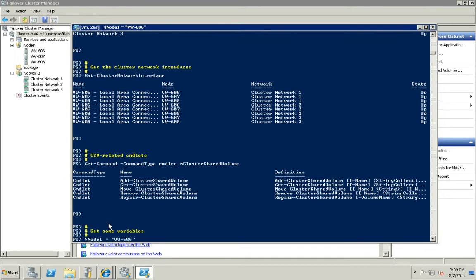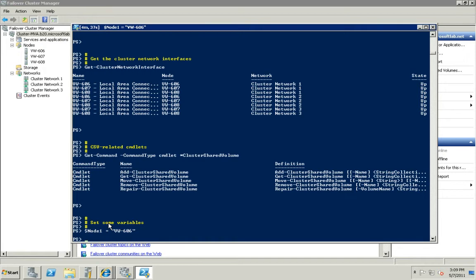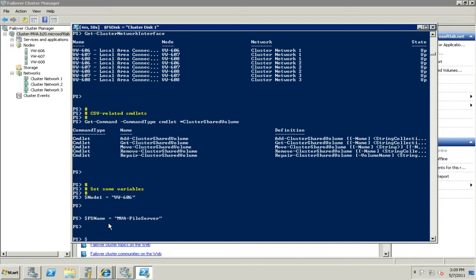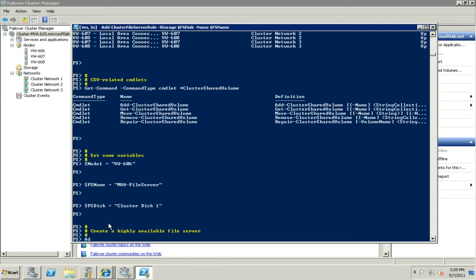Another powerful feature of this scripting utility is the ability to set and create variables. You can use these variables throughout the PowerShell operation to pass different components or different parameters in different areas. So, for example, I'm going to set some variables for my node name and for the name of a file server which I want to create. I'm then going to set a variable for the disk that I want to use, and now using this single line,